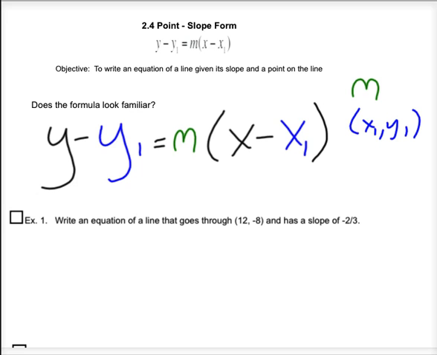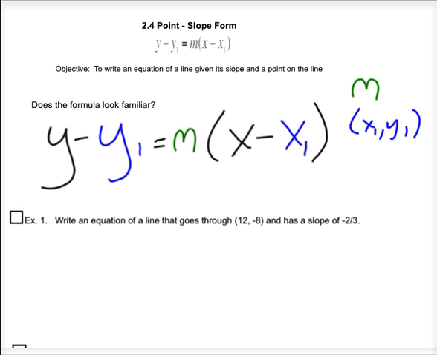We are going to continue our conversation today about lines. However, today we're going to take a look at a different form of the equation of a line. Today we're going to talk about point slope form. What point slope form is useful for is when you are given a slope and a point and asked to create an equation. So as you can see there under the "does this formula look familiar" section,